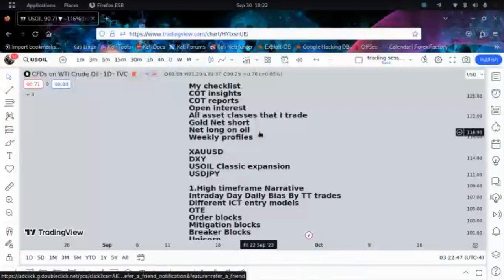And also you have to put into consideration the weekly profiles. You ask yourself which weekly profile is going to form. Are we going to have a classic expansion? Are we going to have a midweek reversal? Are we going to have a consolidation reversal? You have to first ask yourself all of those questions. Then